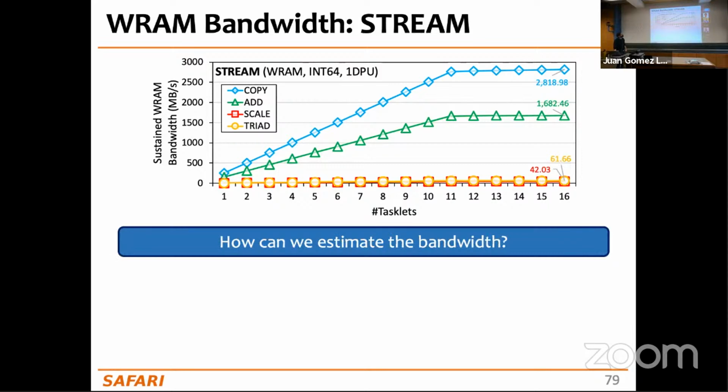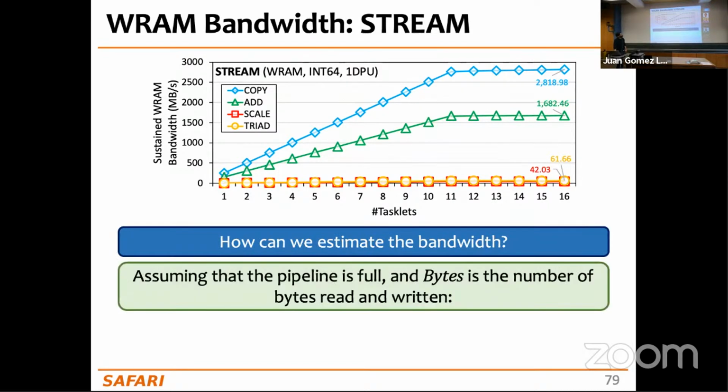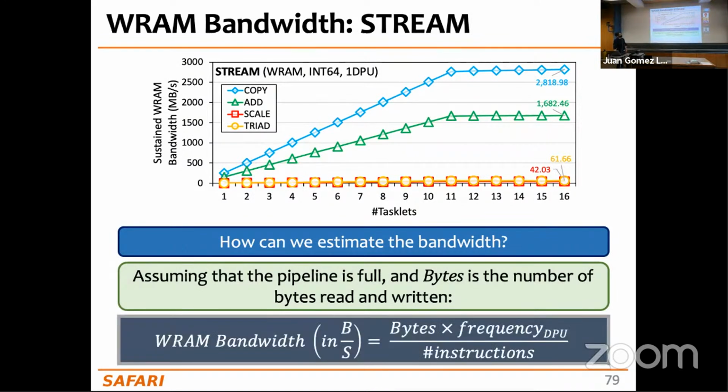And we can also estimate what's the bandwidth, and compare it to our measurements. So the values that you see on the plot are measured values, and now we can explain these measured values by using this analytical expression. The WRAM bandwidth is the number of bytes that we move multiplied by the frequency of the DPU divided by the number of instructions that we are using in each specific operation. So for example,